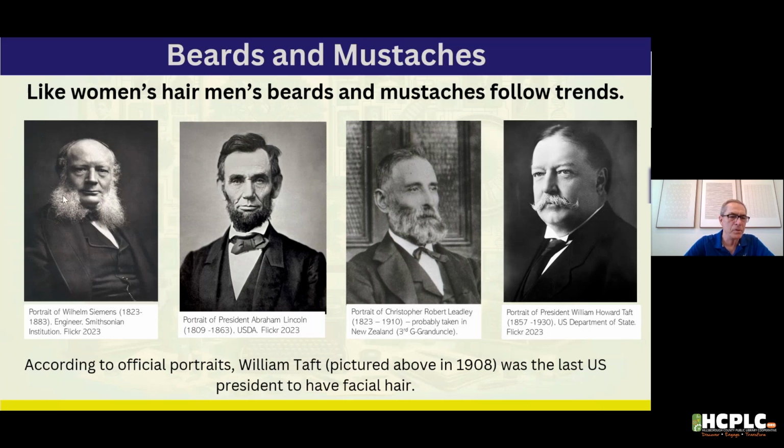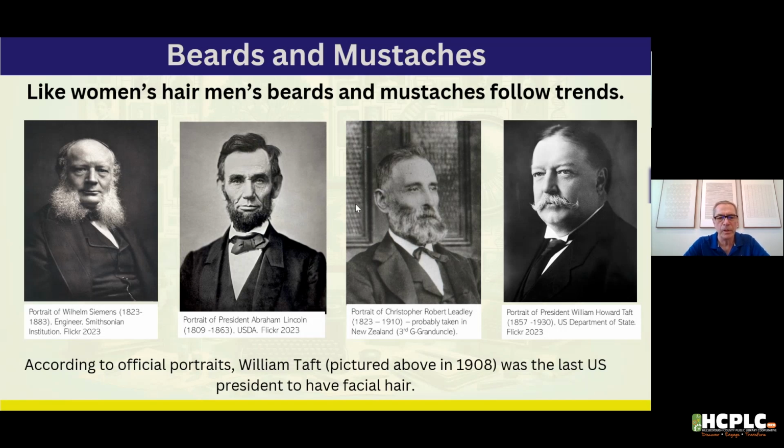Wilhelm Siemens, who started the Siemens company, wore mutton chops. These are called mutton chops. I don't think we see these anytime recently. This is one of my relatives with what we call a full set. Some men still wear full sets, so maybe that couldn't be dated, but certainly the necktie he has would date the photograph. And this is the last of our presidents that had facial hair, according to